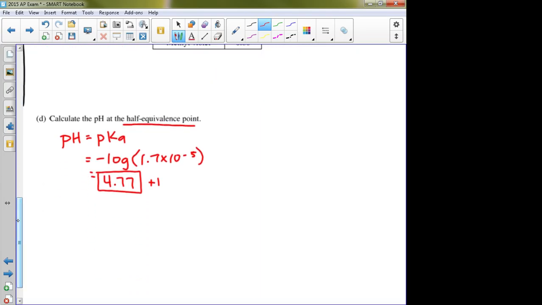pH is equal to pKa at the half equivalence point. So you could also, as was just said, say the concentration of hydrogen is equal to the pKa at the half equivalence point. And that's something they may try to throw at you this year to throw you off. Okay. So in that case, I would just find the pH and then do 10 raised to the negative pH, and that would give me my